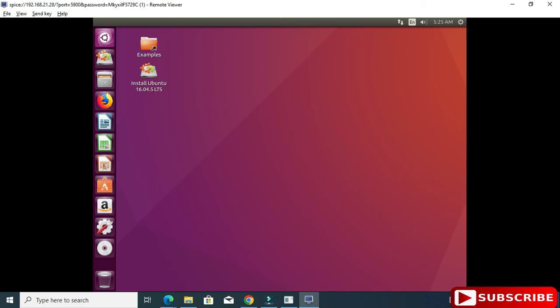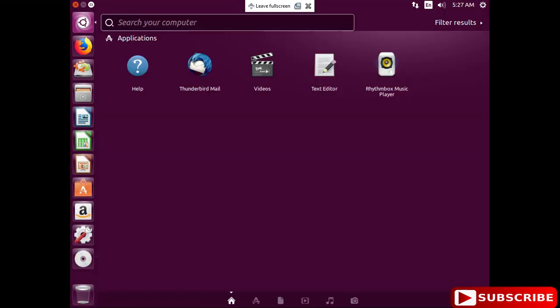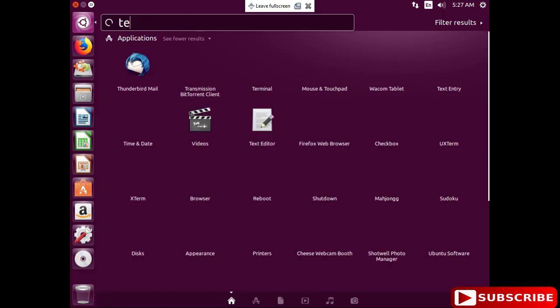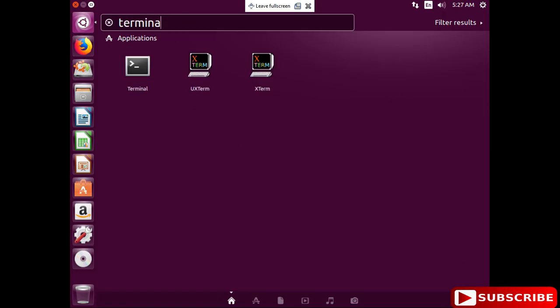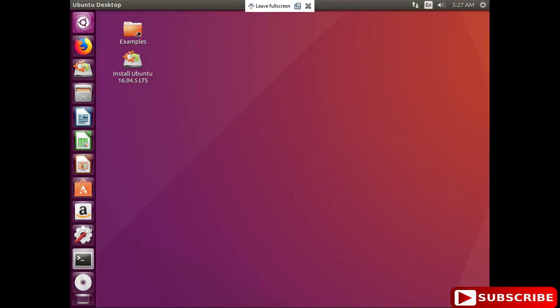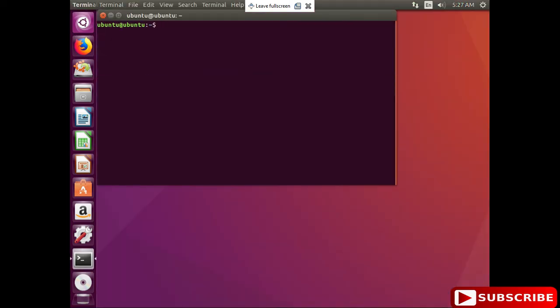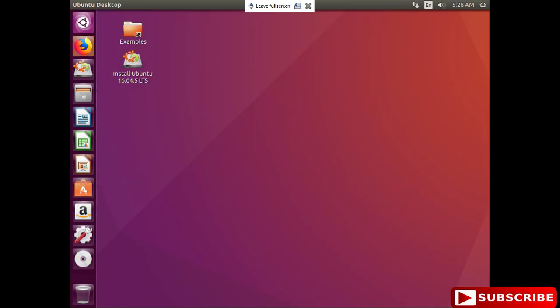Okay, so now here I'm just trying to open my terminal. So here I've just opened my terminal just by searching terminal option, and here I'm typing ifconfig command. So guys, I just wanted to show you that yeah, I'm able to access my virtual machine which is there on server from some other machine. You can see I have started Firefox also.